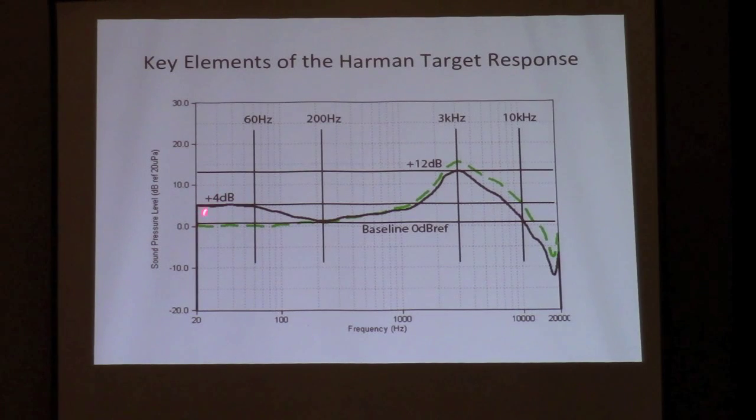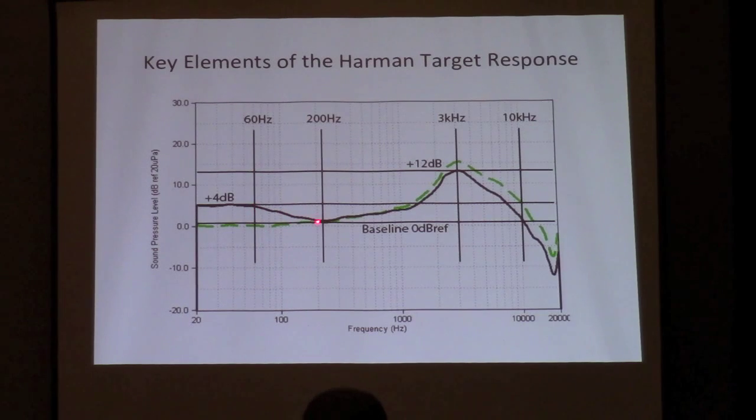So this 4 dB roughly bass boost, the zero line we're going to call the lowest point in the mid-range. Okay, and the bass boost should be about 4 dB above that. Should start tapering off at 60 hertz and go up to about 200 hertz at most. So the bass boost should start at 200 hertz or below and go up about 4 dB and be up